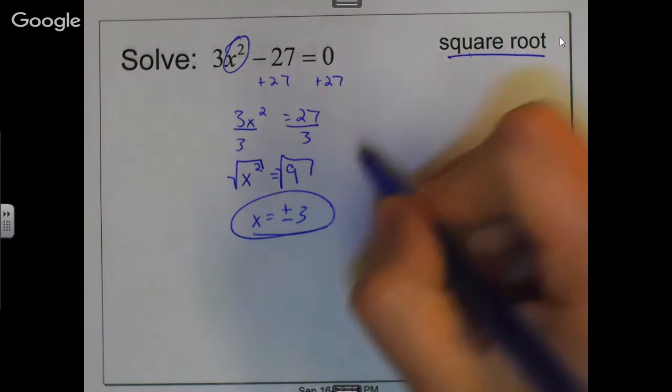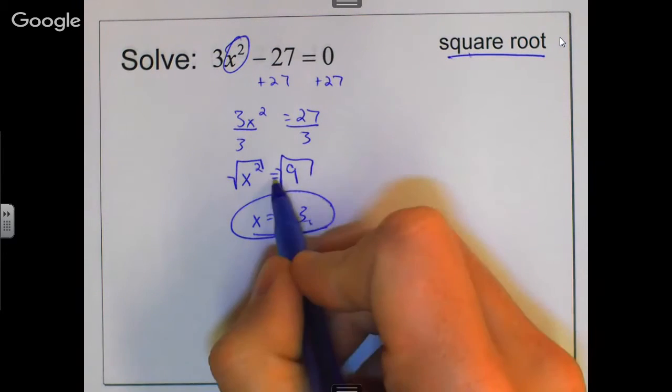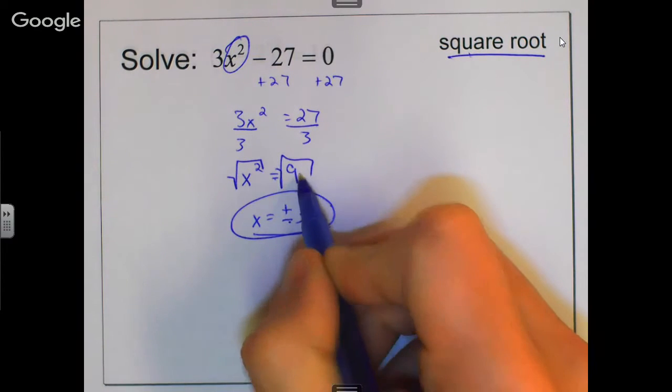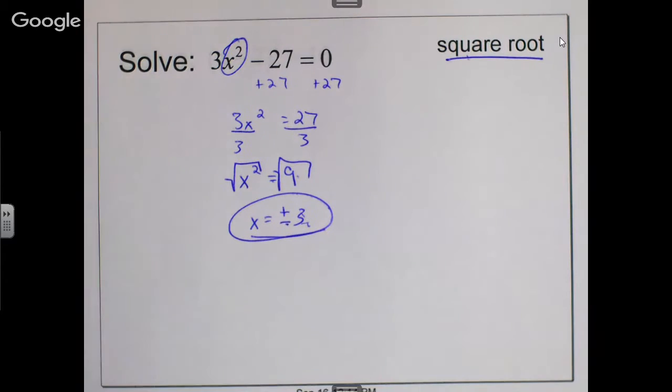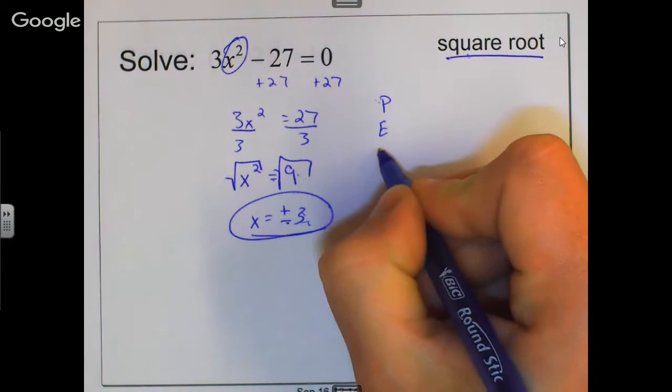Now, a couple things here. Why do I need the plus minus? Well, we have an equation and we took the square root. And 3 times 3 is 9, but also negative 3 times negative 3 is 9. And if nobody ever told you this,